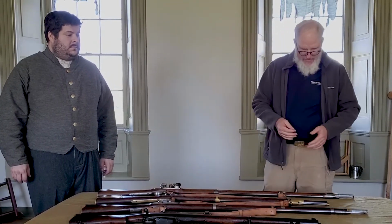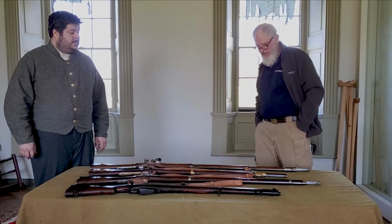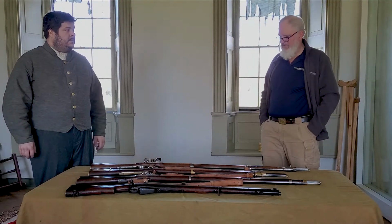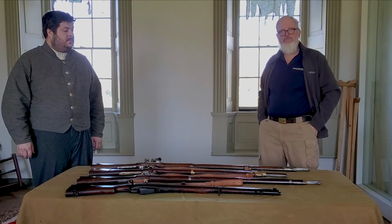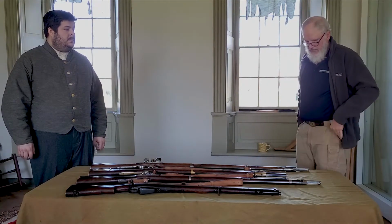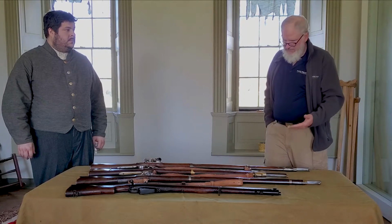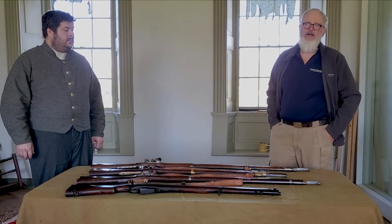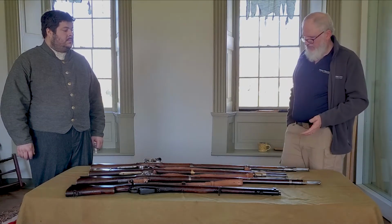The interesting thing about this particular weapon, it is an improvement, shall we say, on the original 1795, which was the first weapon produced at American arsenals. And it is still a smoothbore weapon, so not particularly accurate outside of 100 yards. And in the arsenals,